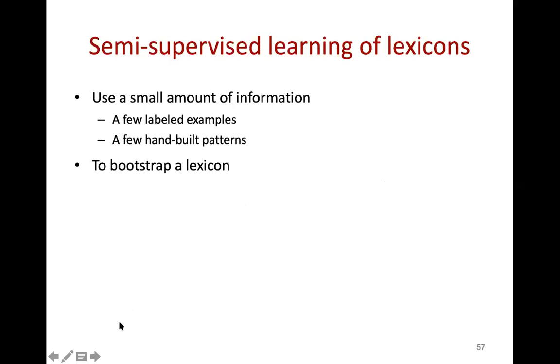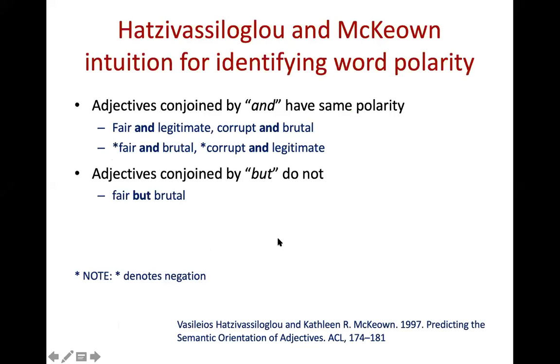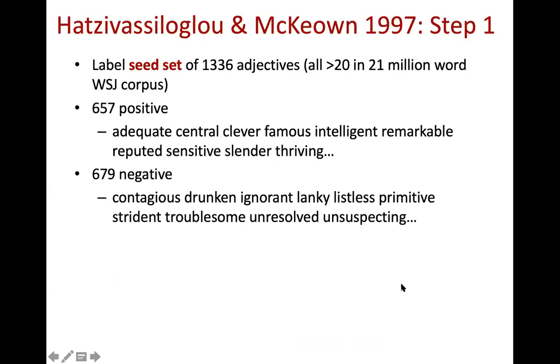So you can bootstrap lexicons, because a lexicon by itself is not a sufficient amount of information, and there are a couple of ways to do that. I'm not going to read this first family name, just read it yourself, but there are a couple of intuitions for defining word polarity. For example, adjectives conjoined by "and" have the same polarity, but adjectives conjoined by "but" do not have the same polarity. Fair and legitimate, corrupt and brutal, right? So by using this, you can already see that the polarity is the same, and then you extend your